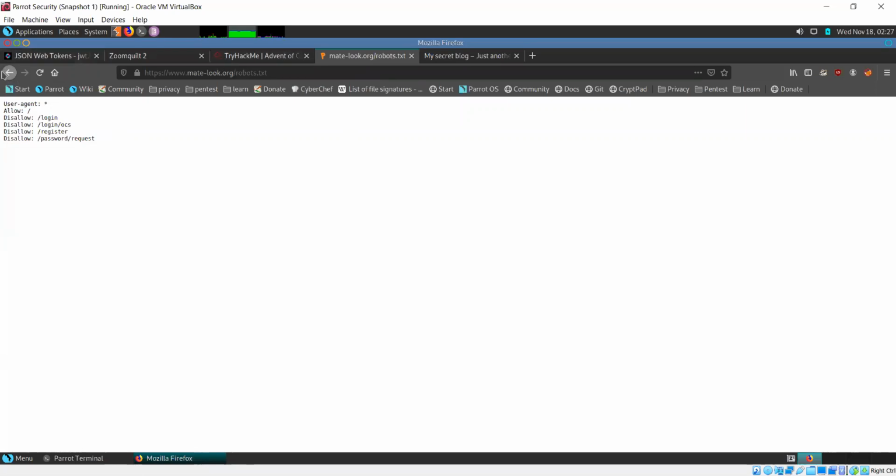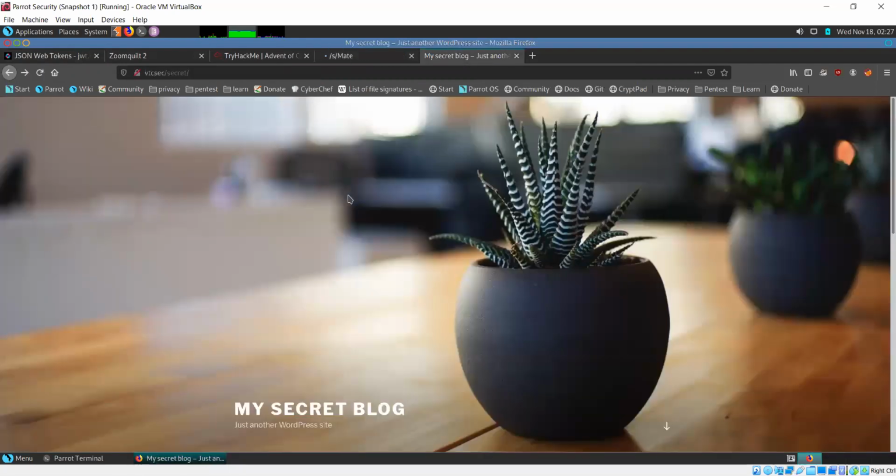Now, when you're testing a website, this file can help you look for sensitive web pages, web pages containing sensitive information, and that information might be useful to an attacker. Now, we are not going to attack that website. That's not what we are doing. That was just an example, because this website does not really have a robots.txt page.